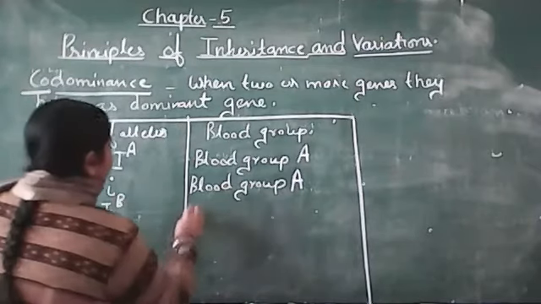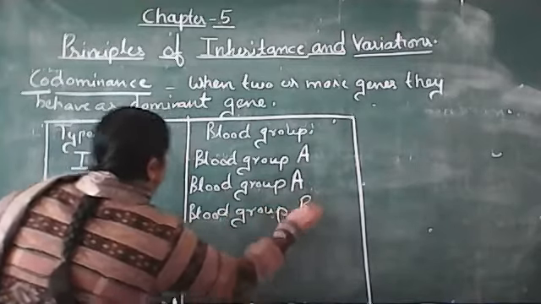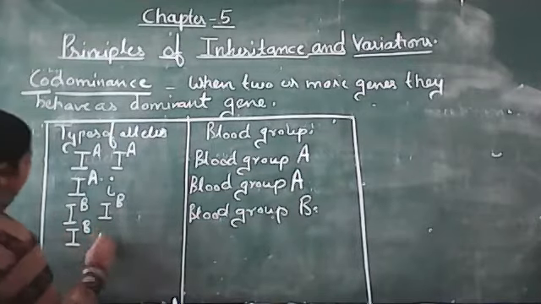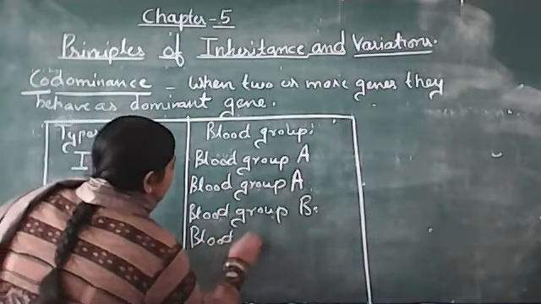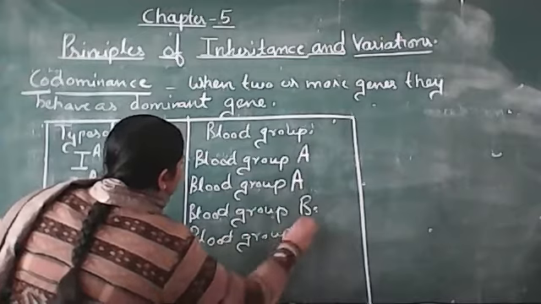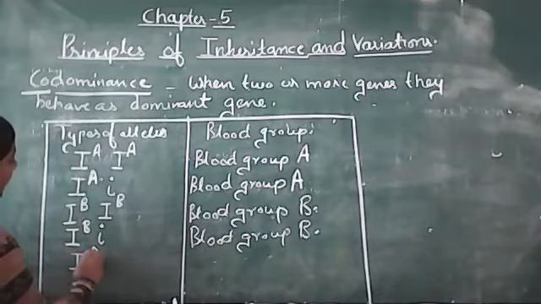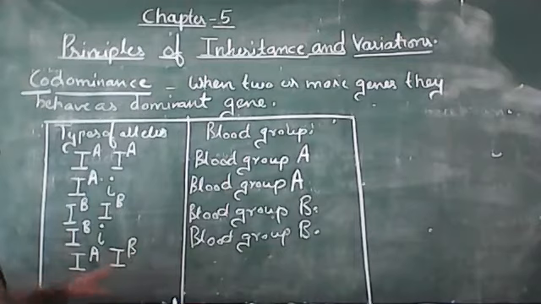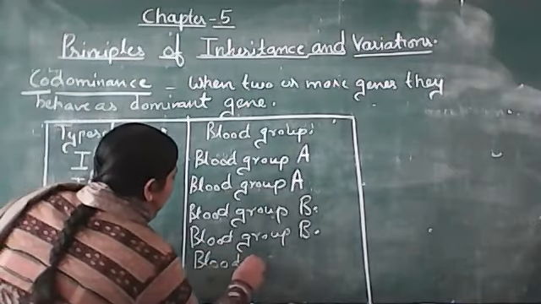So here the blood group of that person is B. What is the next situation, when one IB is present and one small i is there? So here the blood group is B again. And what is another thing? If we have one IA and one IB, in that case both the alleles behave as dominant alleles, as it is codominance. So the blood group of that person is